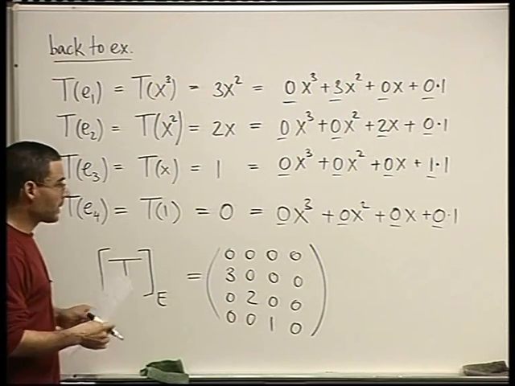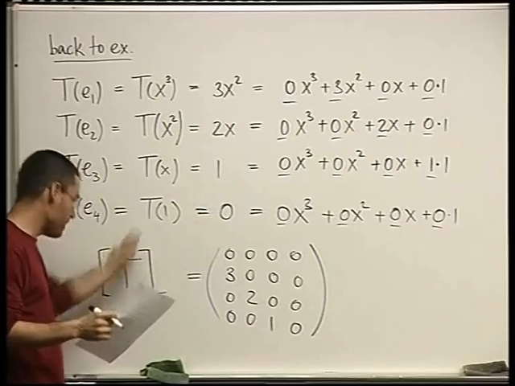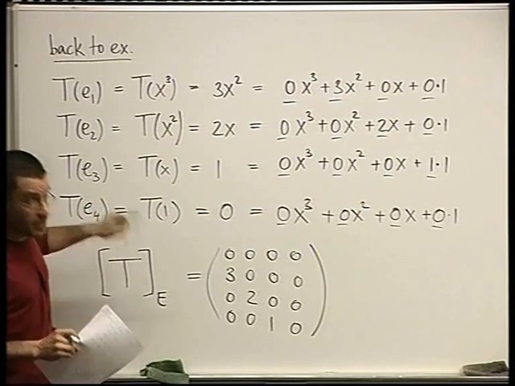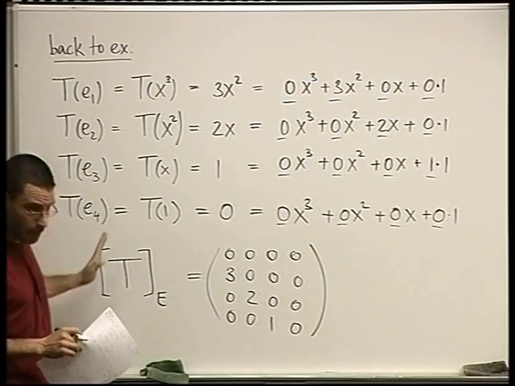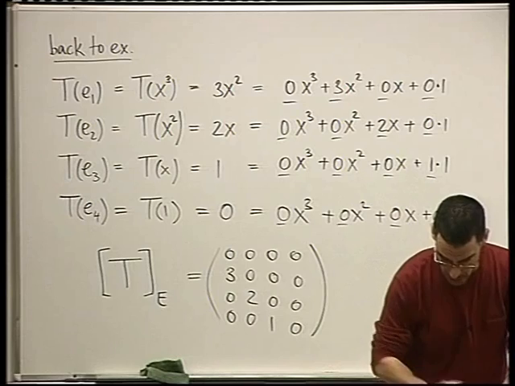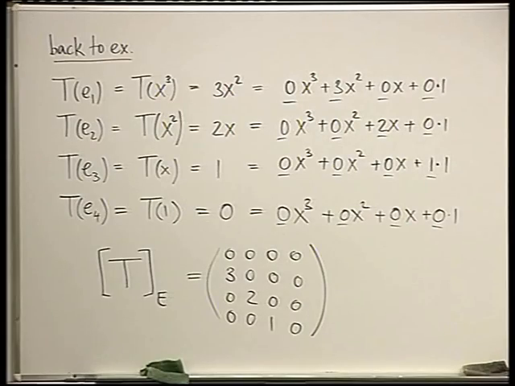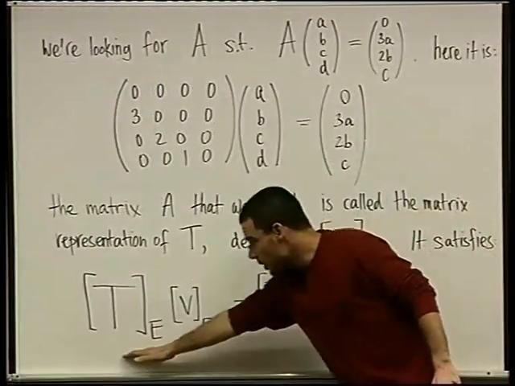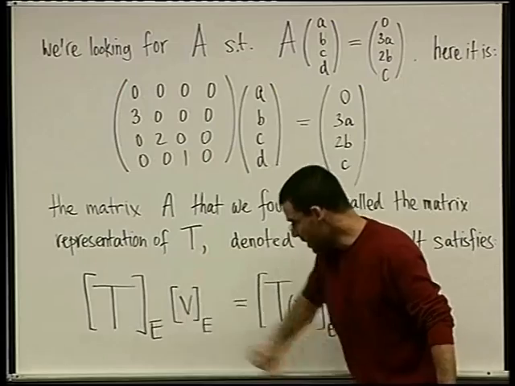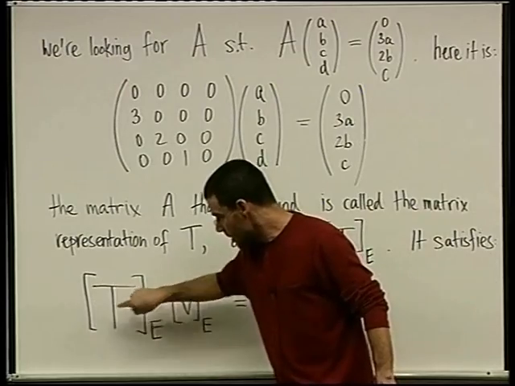Okay, so this is the idea. This is how we find a matrix representing a transformation with respect to a chosen basis. Okay? This is in the situation where T is a linear operator from V to V. Okay? So now that you're no longer scared of this statement, if you're feeling that you understand what this says, right? You take the coordinate vector of V, the coordinate vector of T of V, and the matrix is the matrix